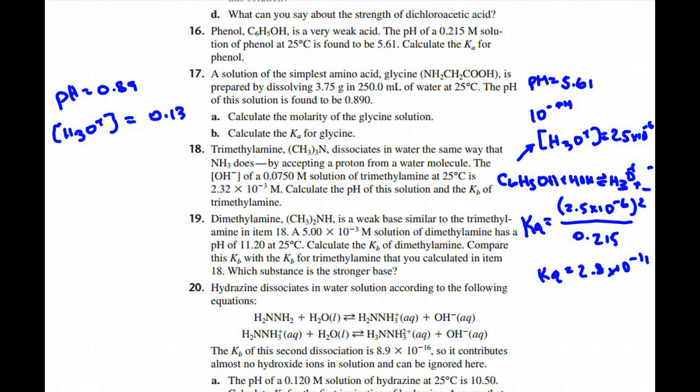And then as far as figuring out the molarity, they're making it a little bit trickier by making us actually solve for it. This big thing right here, the formula weight for that is equal to 75.03 grams for every mole. If you were to plug in the 3.75 grams, what we would find is that we have 0.049